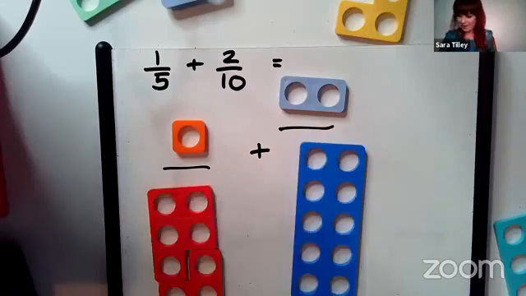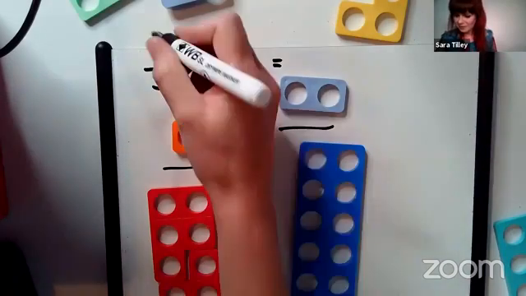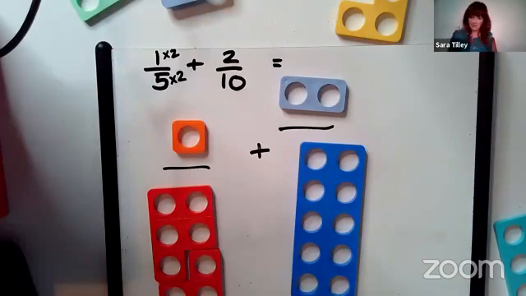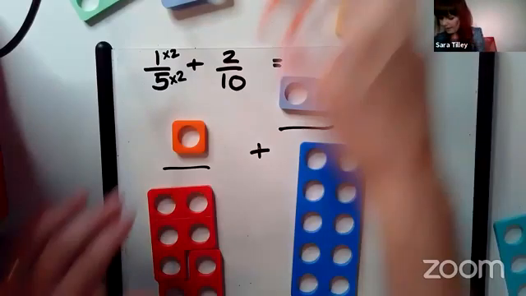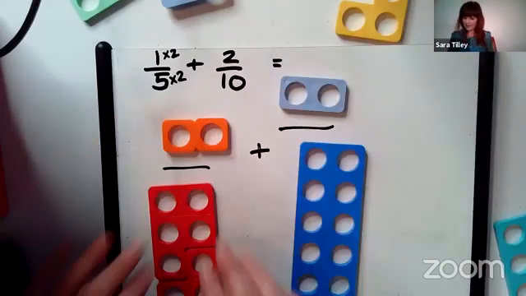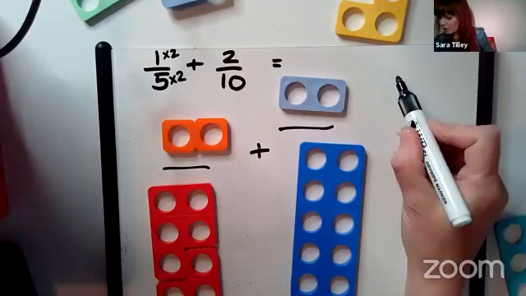We can see there that if we times 5 by 2, we actually make 10. So with that in mind, if we times that by 2, we need to times our numerator by 2. So we do exactly the same. So we'd multiply our 1 by 2 there. So what we can see now is that we've actually got 2/10